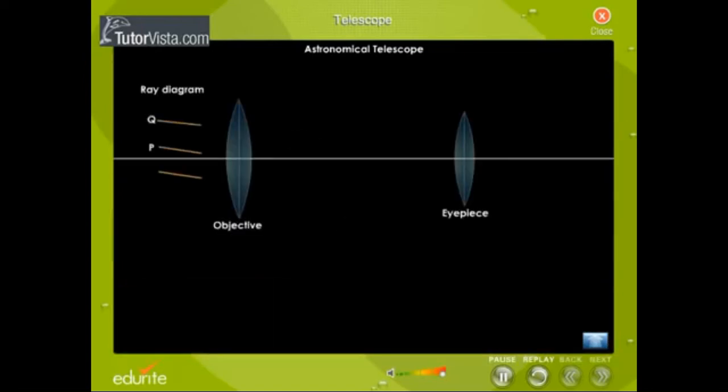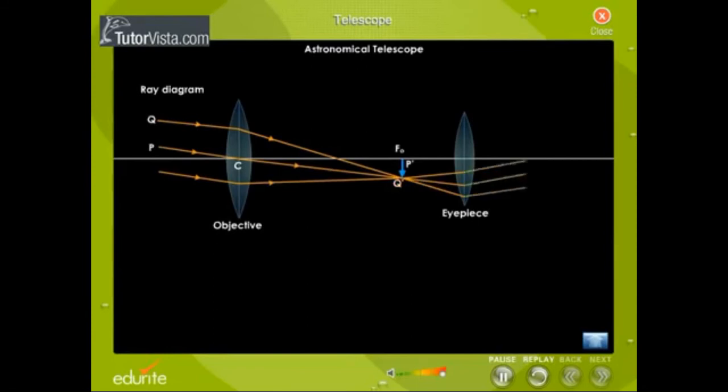The rays of light coming from a distant object are parallel to each other. This parallel beam of light is focused by the objective in a focal plane and is perpendicular to its axis. The image P'Q' is formed at FO. The eyepiece is adjusted so that the image P'Q' lies in its focal plane. The rays of light after striking the lens of the eyepiece emerge parallel, and the final image P"Q"